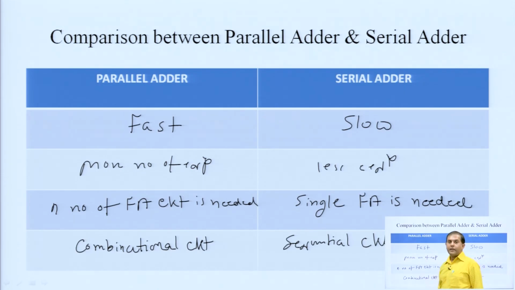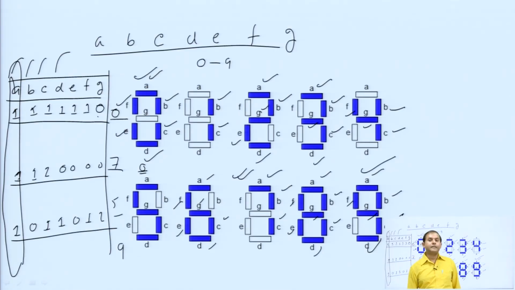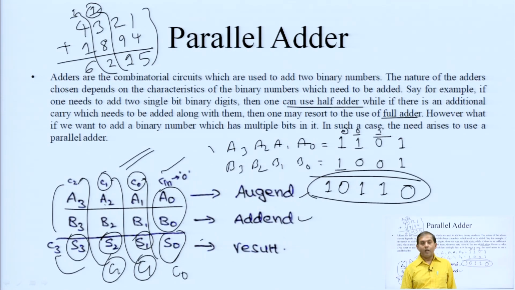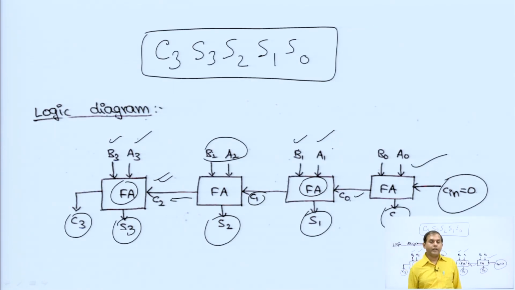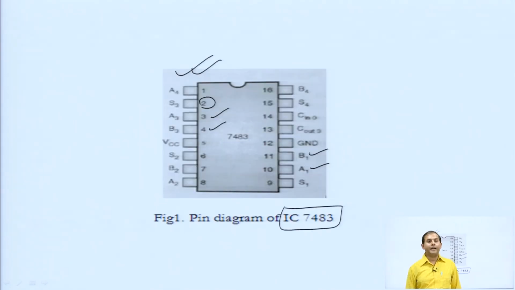Okay. So, we have discussed all the things. First of all, we discussed the 7 segment display, okay, and then we discussed the parallel adder. The concept of parallel adder is very simple. Here 4 full adders are used for addition of 4 bits; n full adders can be implemented when you add n bits. Okay. And we discussed the IC number of the parallel adder, that is 7483, and